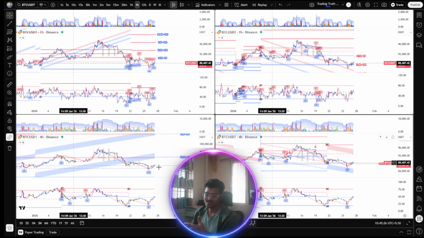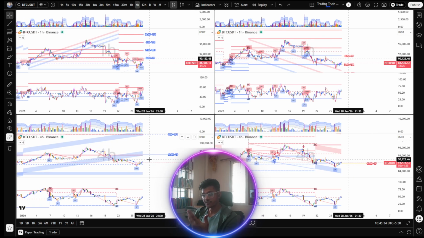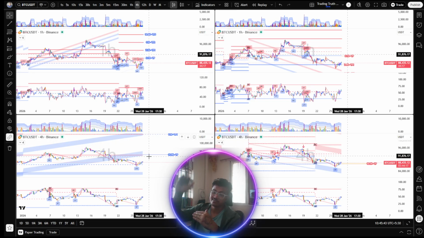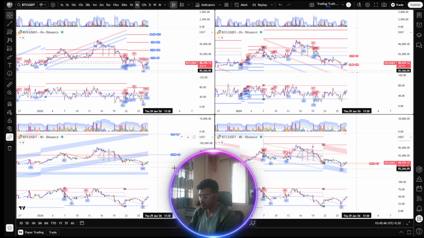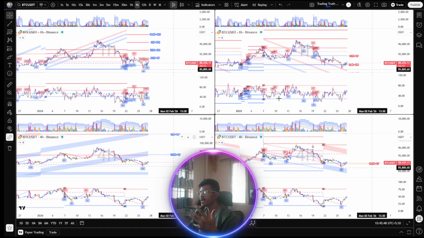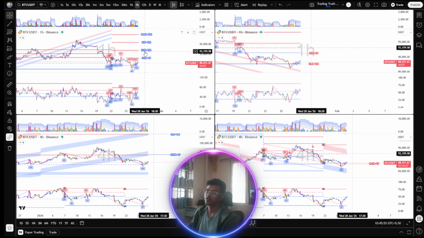Here it still might be an LPS, but the longer trajectory, if it goes above, then the longer trajectory is upside. But if it just makes lower highs, lower lows, then the market might just tumble down and go down much further,